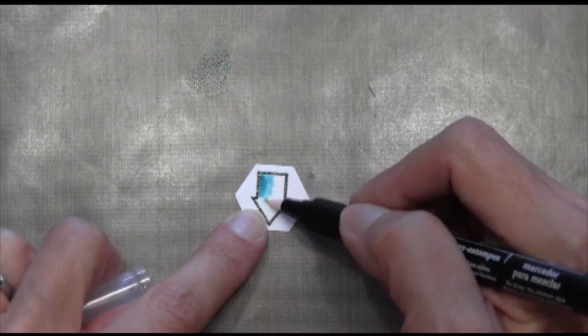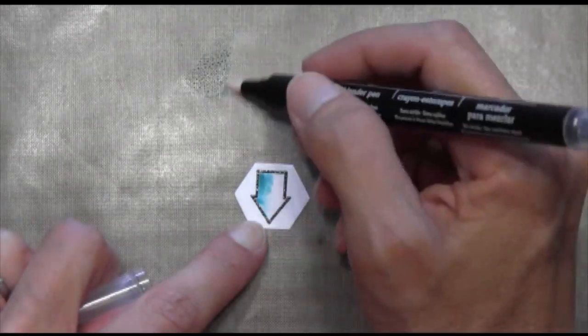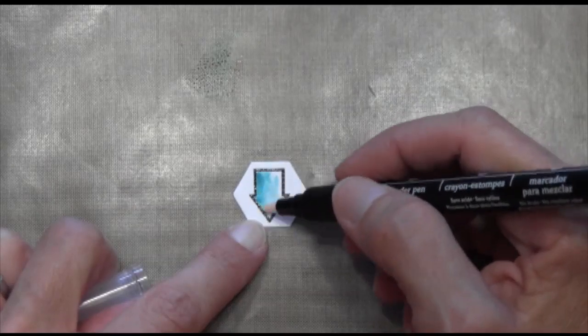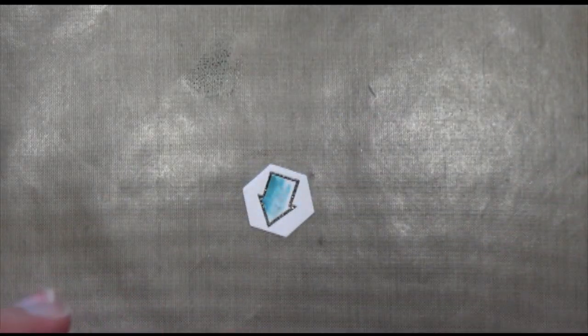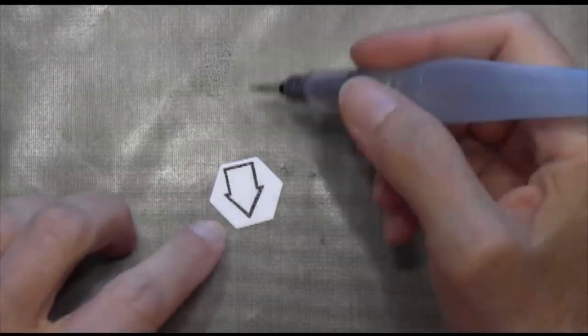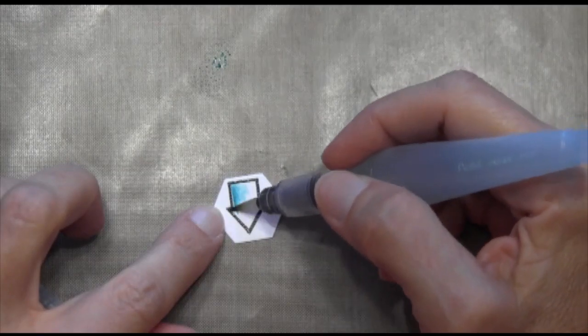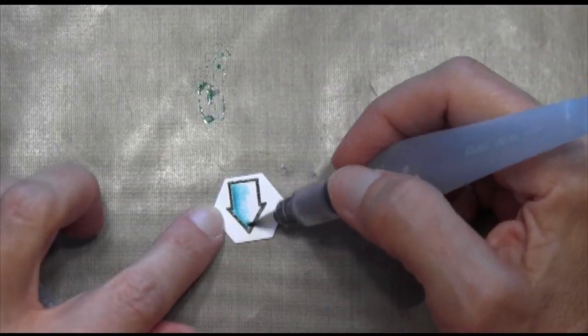It's kind of old, so the ink came out a little bit too dark, and so I tried to blend it a little too much, and then my paper started to peel up, and then I decided to just toss it. So I made a new one and decided to use water, and so I have my aqua painter, and I'm covering the whole thing with water first, and then I'll pick up a little bit of ink, and